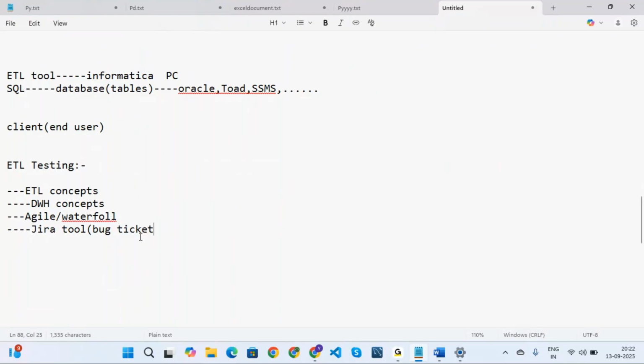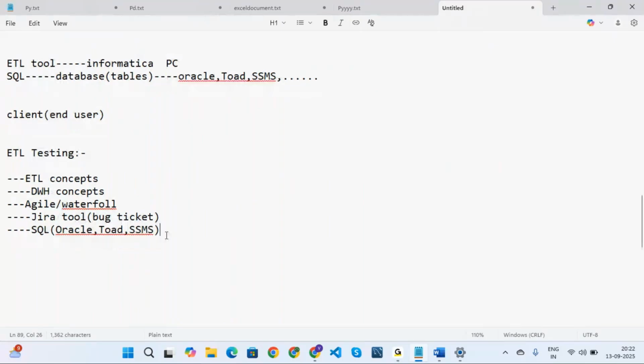And we need to learn SQL. In the SQL way, we need to learn any one DB. I will explain Oracle, Toad, at least two to three DBs. At least you need to learn Oracle, and automatically Toad, both are the same. Toad, SSMS, it is simply a database only, very easy. You need to learn the SQL language completely, and then Oracle or Toad or SSMS, any DB is very easy. Along with that, I will cover